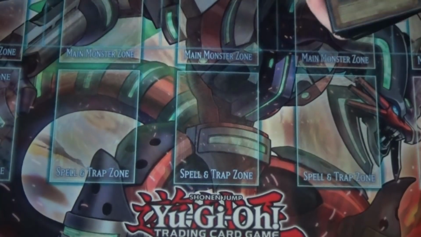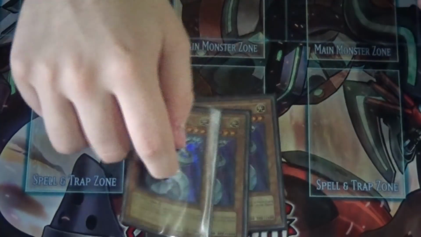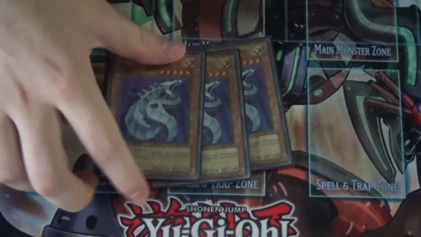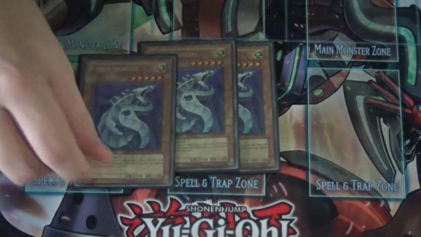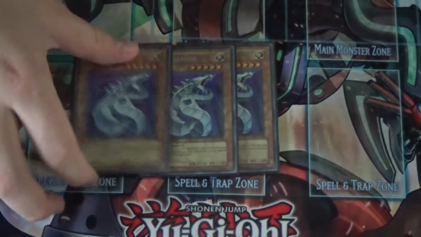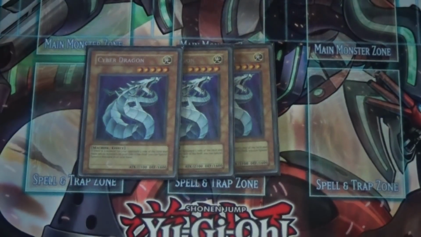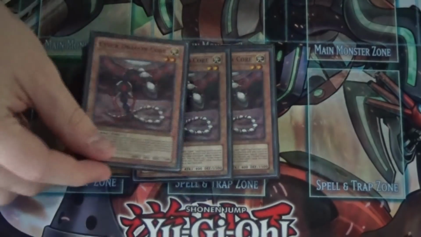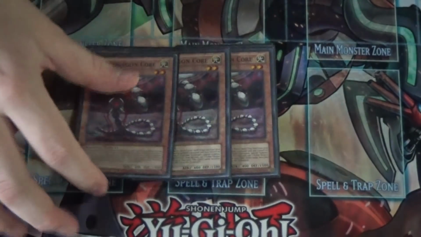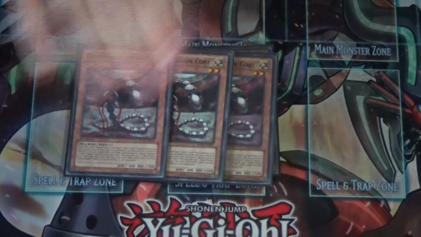So we're going to talk about the monster lineup. I'll zoom in just a touch so you guys can see it. Of course, we're playing 3 of the standard Cyber Dragon, because a lot of the plays do involve this guy, and summoning a free 2100 on turn 2 is pretty nice as well. We're playing 3 Cyber Dragon Core because he searches all these Cyber spells and traps. You can also banish him from the graveyard to special summon any Cyber Dragon monster from the deck if you